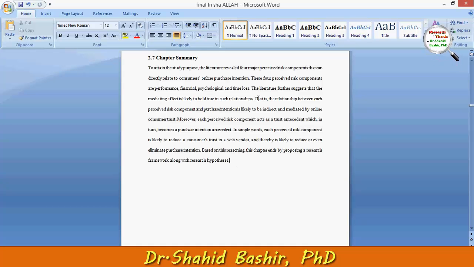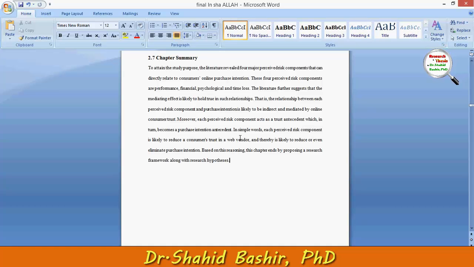Going further, the relationship between each perceived risk component and purchase intention is likely to be indirect and mediated by online consumer trust. Moreover, each perceived risk component acts as a trust antecedent, which in turn becomes a purchase intention antecedent.